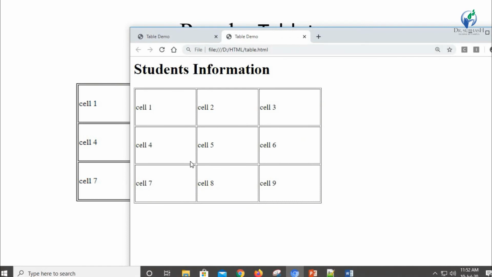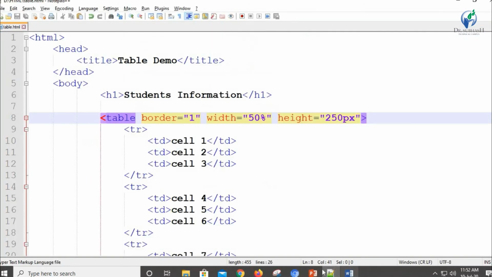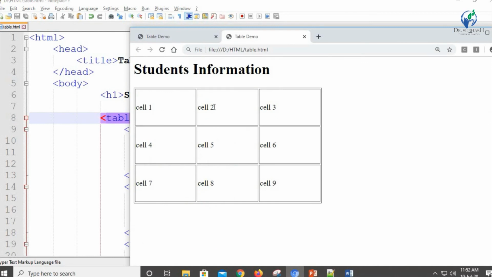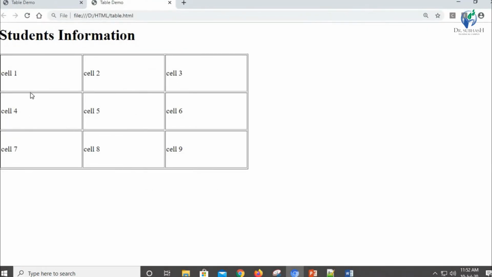Now we will create the irregular structure. Here in this structure we need to merge cell 2 and cell 3, and here we need to merge cell 4 and cell 7. So here we need to merge the first cell of your second row and the first cell of your third row.